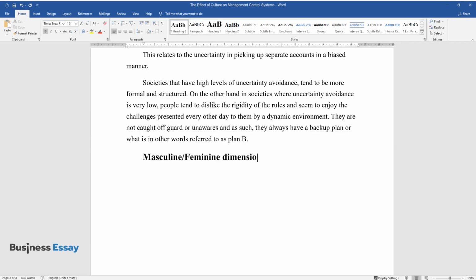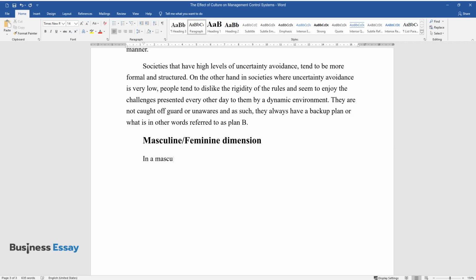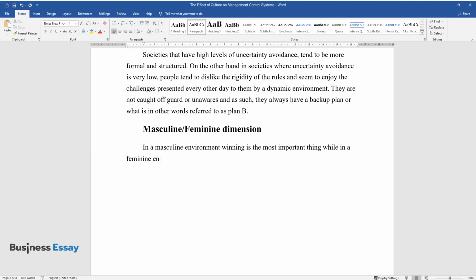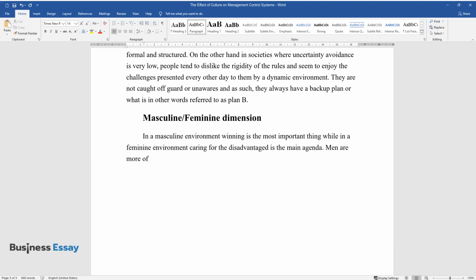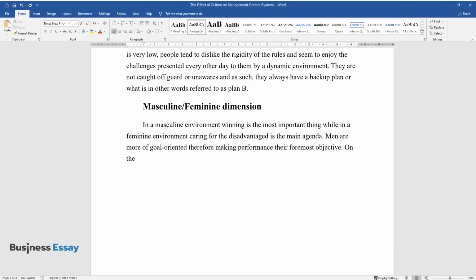Masculine/feminine dimension. In a masculine environment, winning is the most important thing, while in a feminine environment, caring for the disadvantaged is the main agenda. Men are more goal-oriented, therefore making performance their foremost objective. On the other hand, ladies are soft-hearted and care about the welfare of everyone and may end up not producing